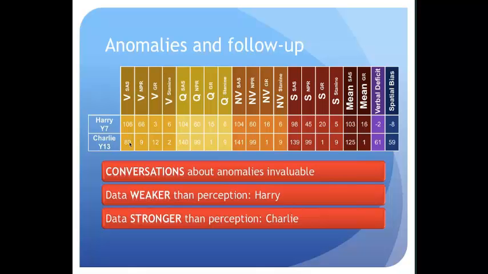So Harry has data that's weak at his perception. So Charlie has data that's stronger. To me, that shows that there's something else beneath the tip of that iceberg. And that is where the PASS survey for us at Bromsgrove has come in indescribably useful. So those of you who aren't familiar with the PASS,